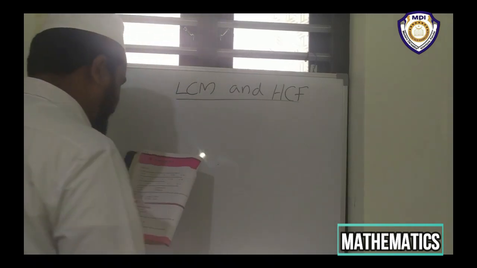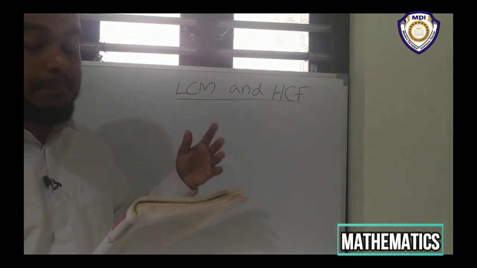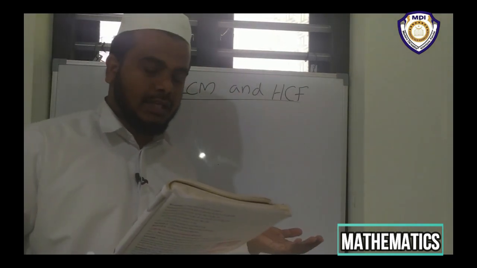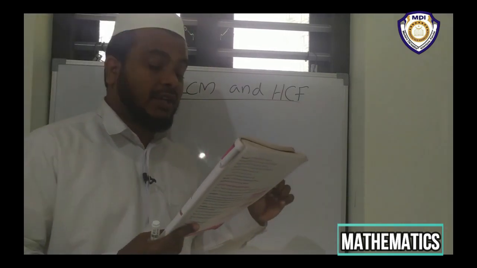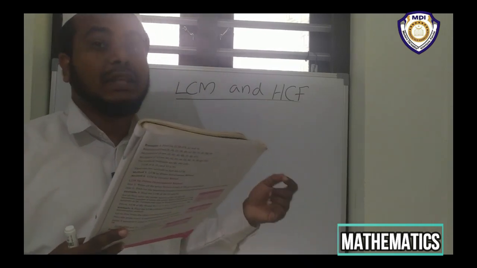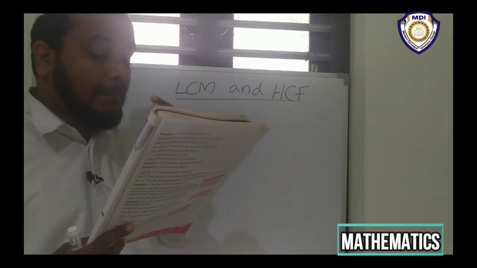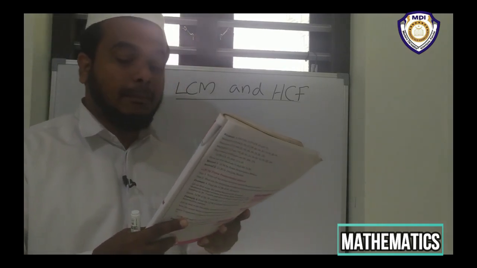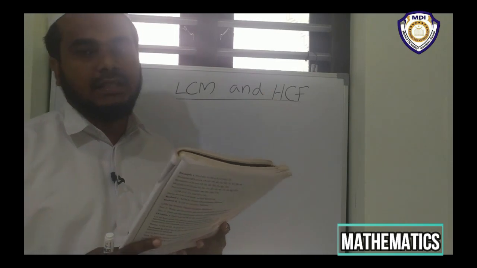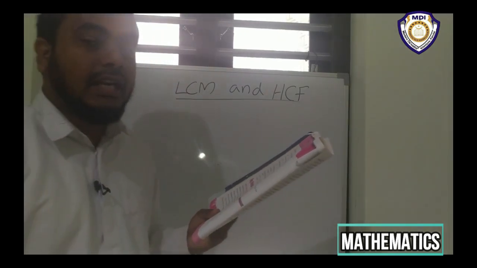Third question, find the first 5 multiples of the following. We have studied the multiples and factors. Fourth question, use the divisibility rule to check whether the following numbers are divisible. Okay, we have studied. Fifth question, fill in the missing digit to find the number that is divisible by the number given in the bracket. Also, we have studied. Then let us start the LCM.